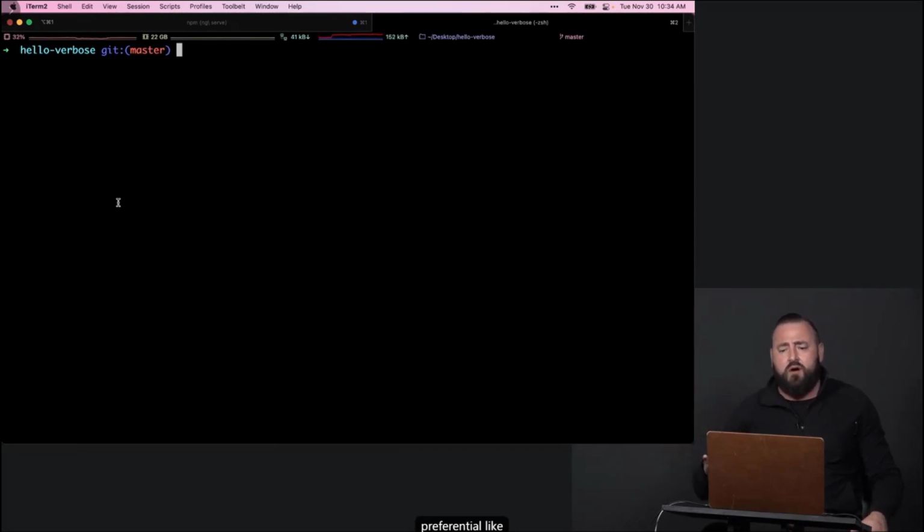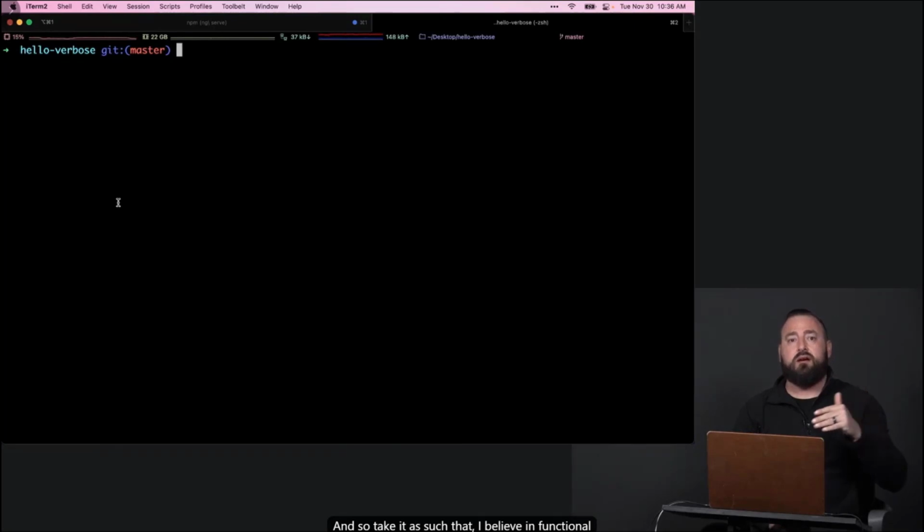And there are things that fall within the realm of purely preferential, like stylistically, this is what makes sense to me. And in some cases, in my case, I can't explain why. So with that said, some of this is my opinion, so take it as such. I believe in functional cohesion when you organize your file structure, and I believe the Angular Style Guide says as much,